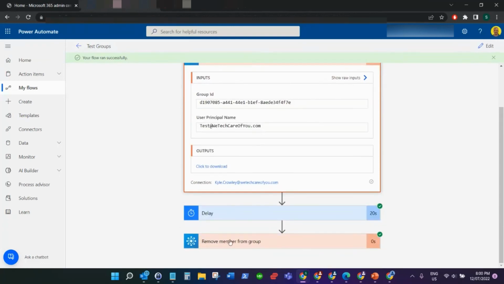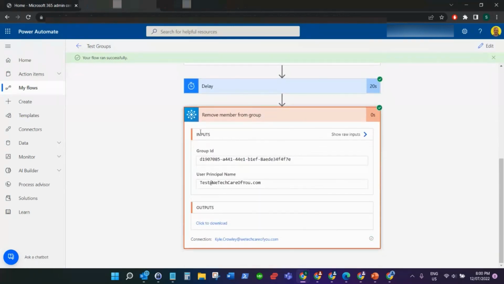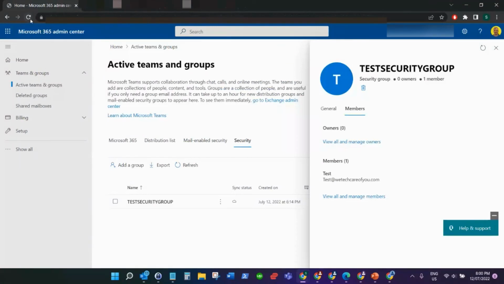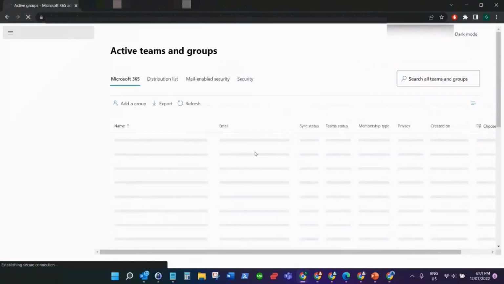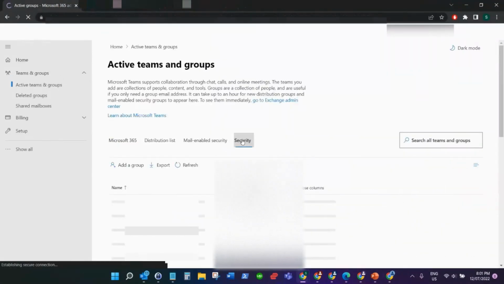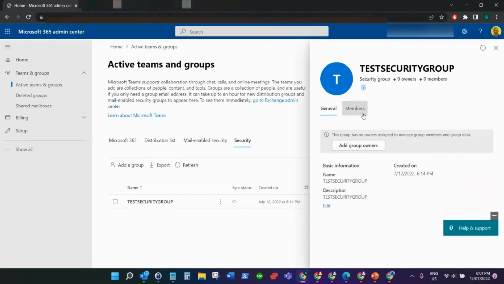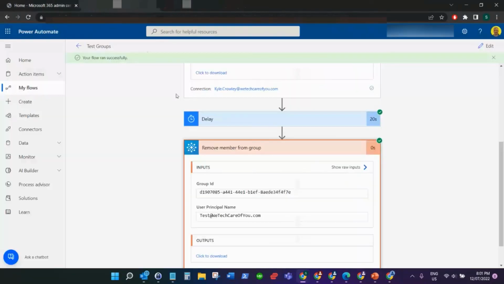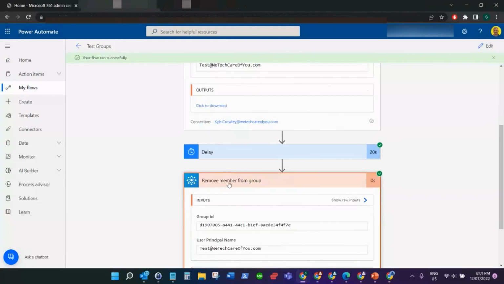Now that's actually run and removed the member, so if I check back, that should be removed. Sorry about that slight delay. So now if I refresh that, you can see there are no members in that group. So that's just to show you how it's been added and how it's been removed to security groups